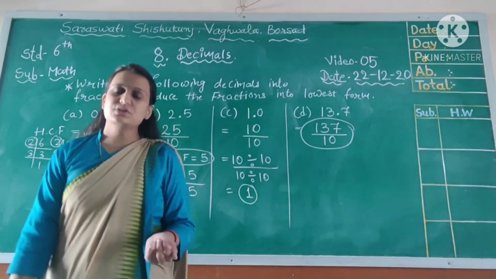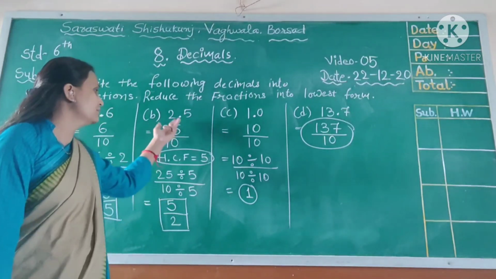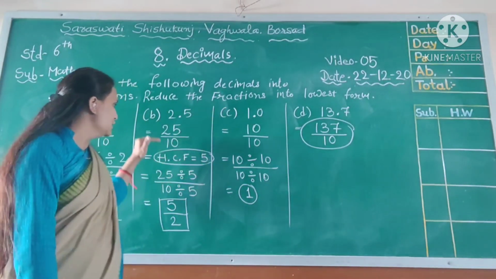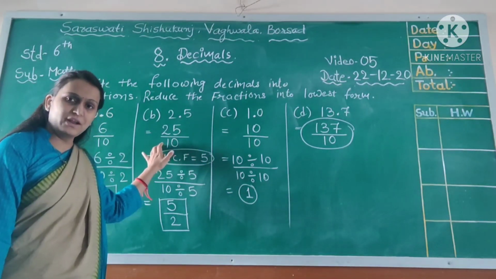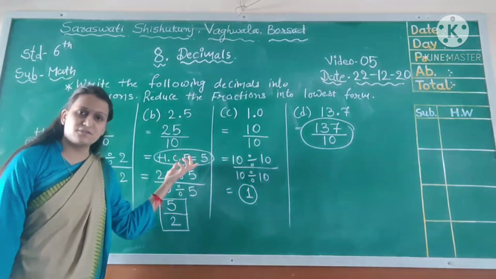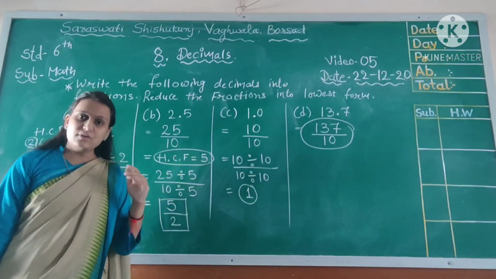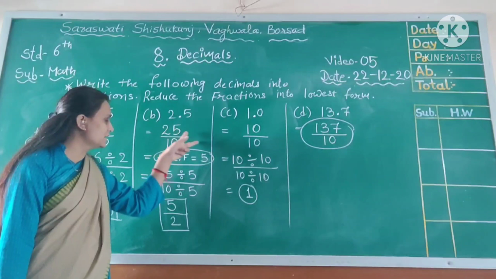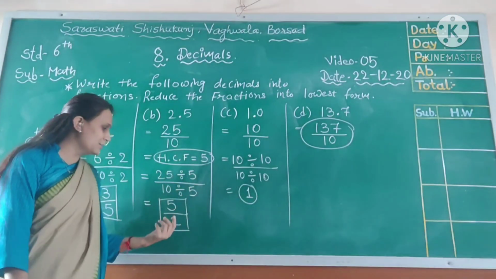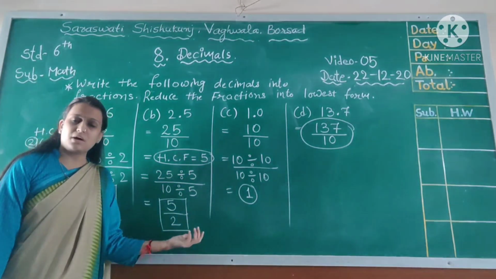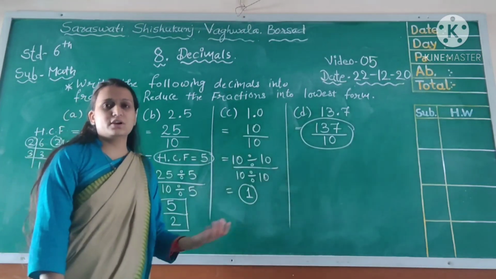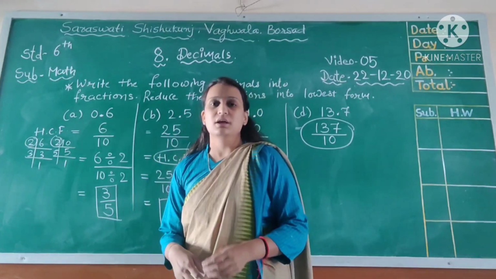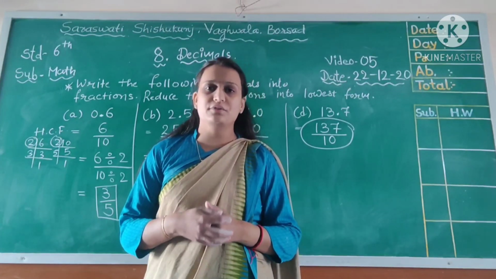Okay. So in this question we have learned that different decimal numbers were given. We have converted the decimal numbers into fractional form. After the fractional form we found the HCF of the different numbers and then converted the numbers into lowest form. So we have to divide the number by the HCF and then you are able to find the reduced form of the given number. So in this video we have learned the definition of decimal, where we use decimals and the symbol form of different numbers.